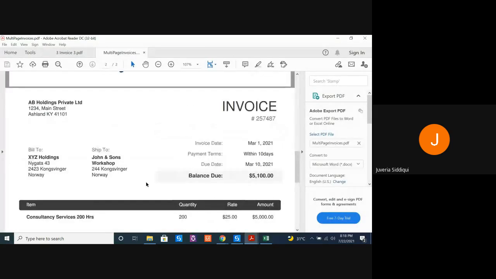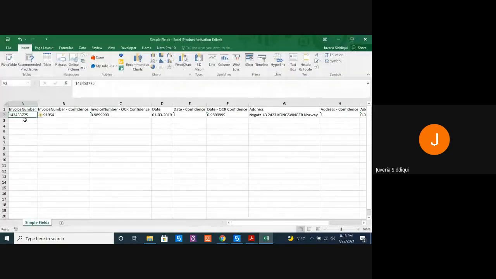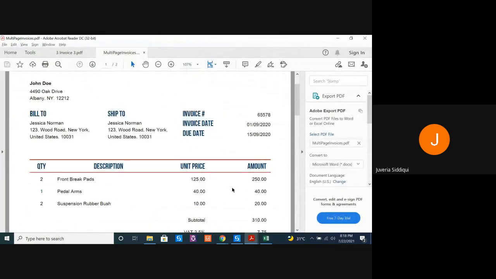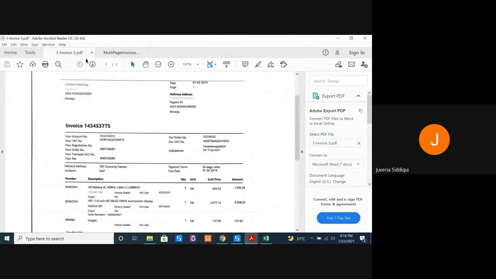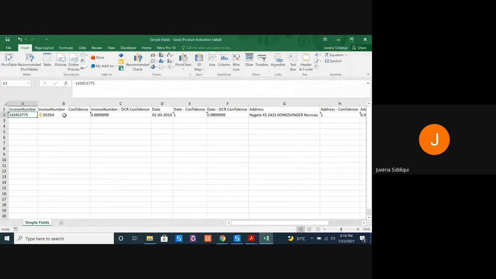Okay, so the invoice number, this 257487. Invoice number, this 143453775, with the correctness or confidence of 70%, and the OCR confidence was almost 98%.